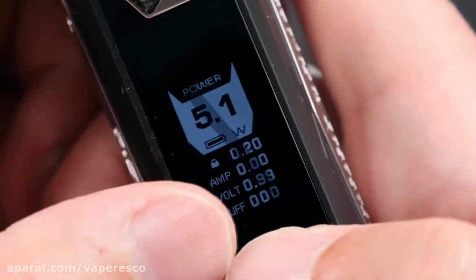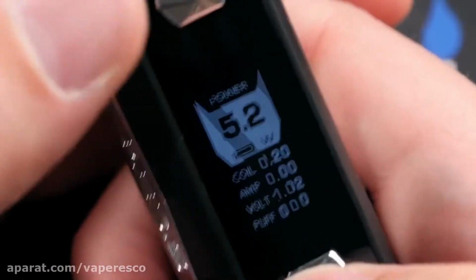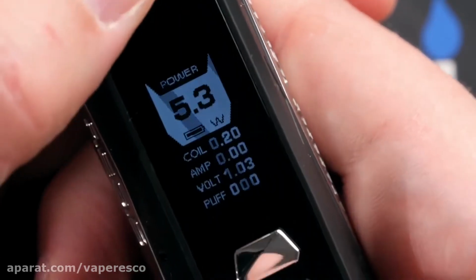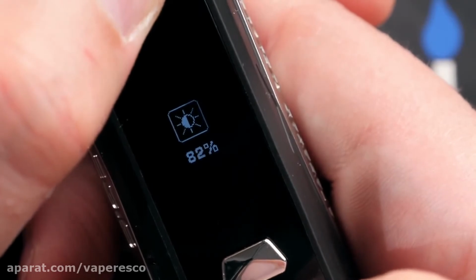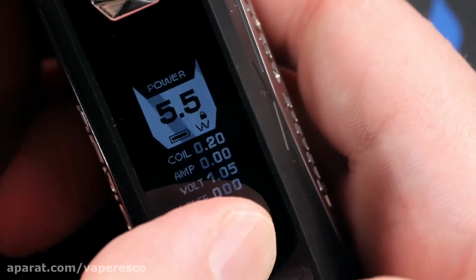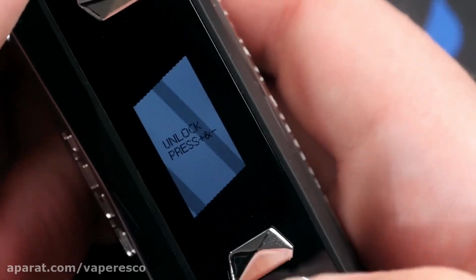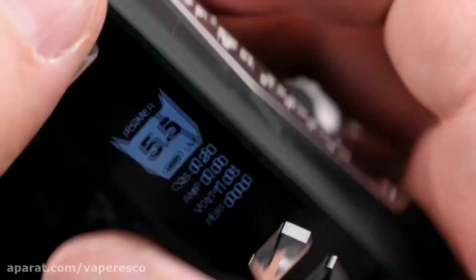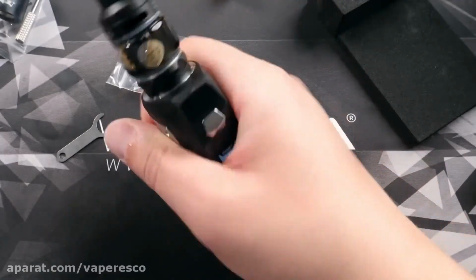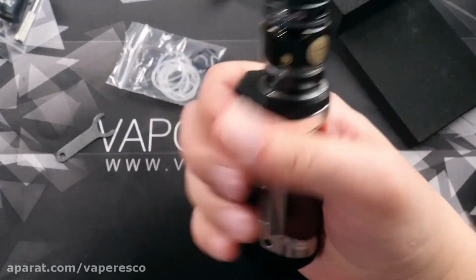So we've seen this so many times, this layout. Obviously, when you're in TC mode, there's some other options you can do, but it's the same board that we've seen, goes up to 100 watts. Now, if you press the fire button and the up button, that turns up the brightness. Fire button and the down button, that turns down the brightness. The up button and the down button, that locks it. You can see the little lock right there. So you can still fire, but these controls are locked. And then, of course, 5 clicks turns it off. So there's a look at it in my hand. It's actually very comfortable. Thumb fire like that, or pointer fire like